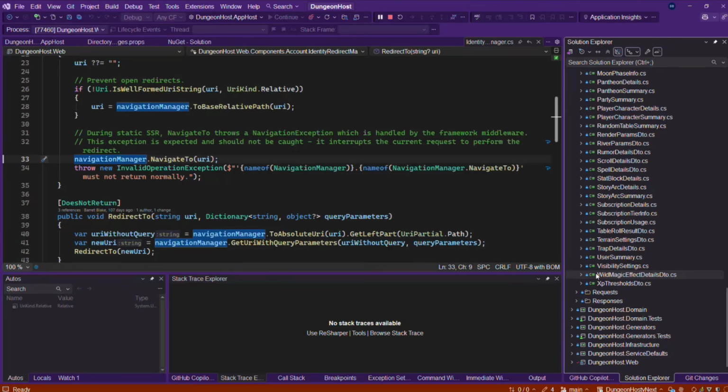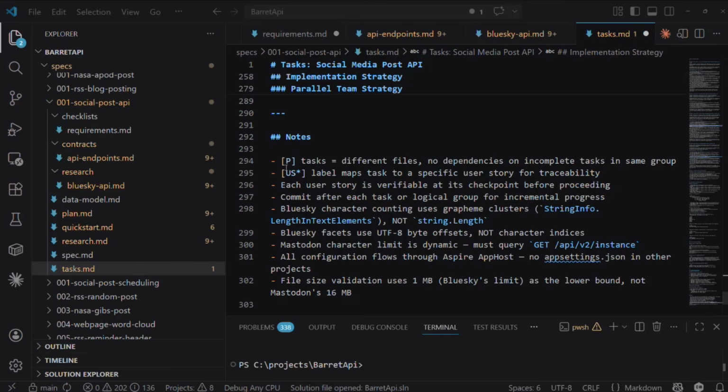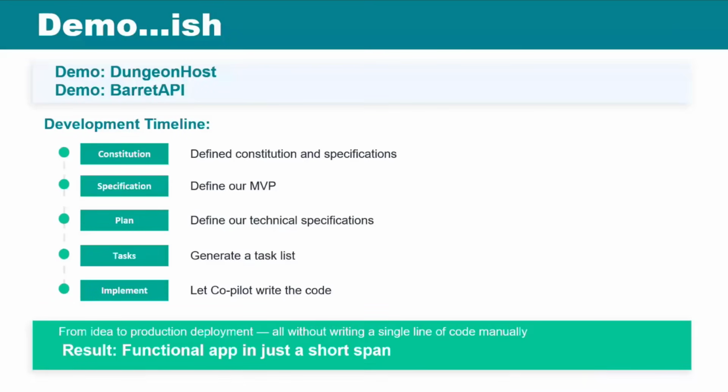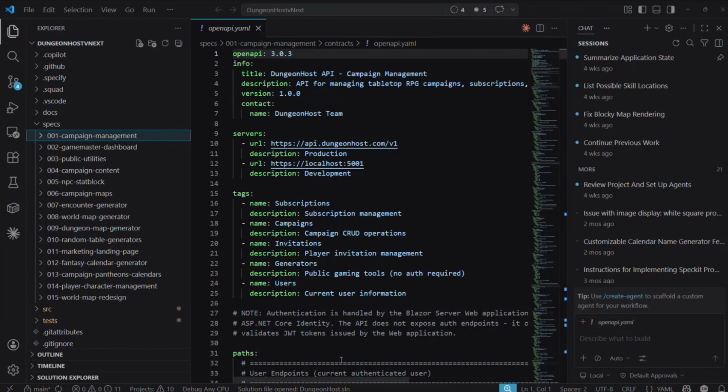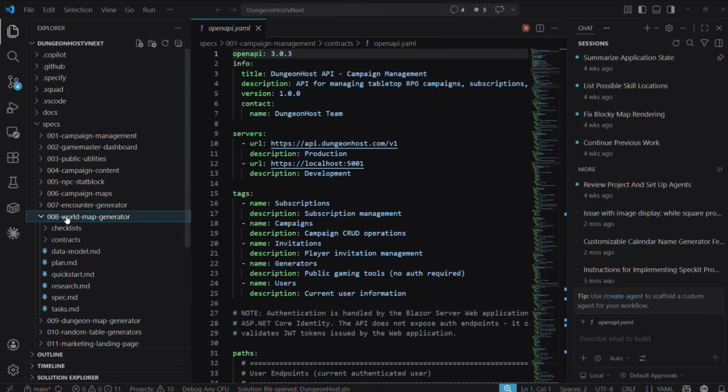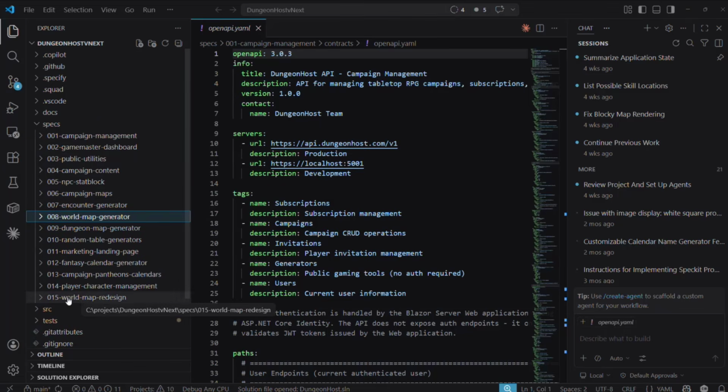See the next question. When I wanted to change the world map, did I modify the original spec? So no, I created an entirely new story here. So where is that at? Wrong one. Where is it? Here we go. So the original world map was done here in Spec 8. And then Spec 15 is one where I said, okay, I want you to rip out the entire existing world map, and we're going to use this approach to doing it instead. And it's still in progress.